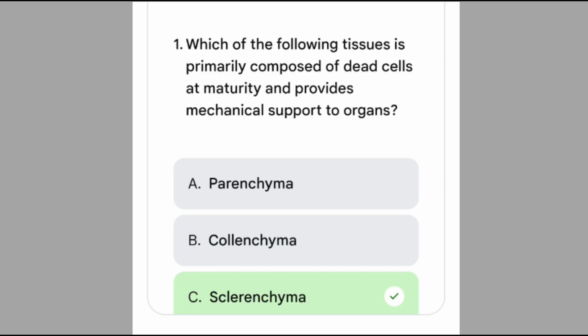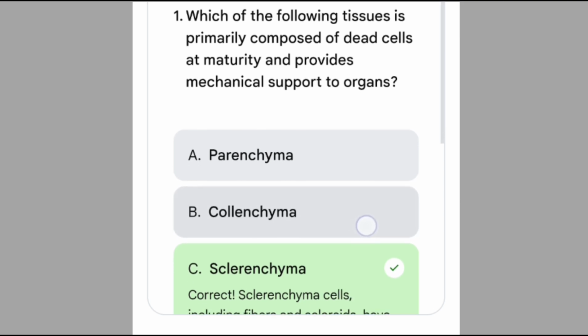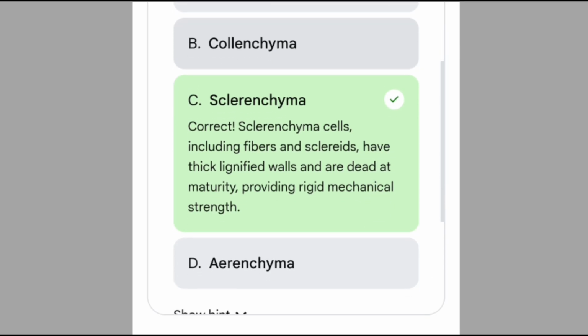Which of the following tissue is primarily composed of dead cells at maturity and provides mechanical support? We all know that sclerenchyma is the tissue that is primarily composed of dead cells. So sclerenchyma cells include fibers and sclereids, have a thick lignified wall and are dead at maturity and provide